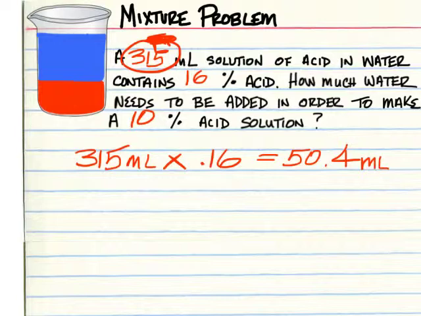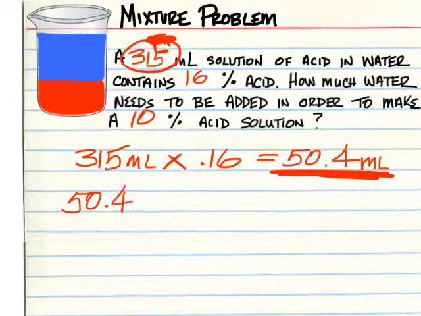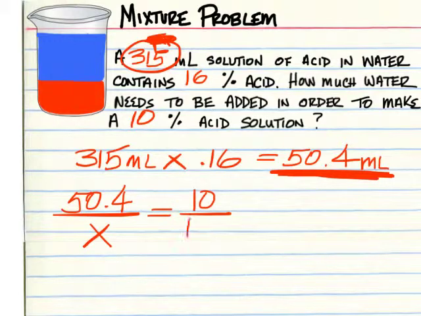How much water needs to be added in order to make a 10% acid solution? So now this 50.4 milliliters of acid must be 10% of a larger number. So 50.4 in comparison to a number we don't know is equal to 10%. Cross multiply to get 10x equals